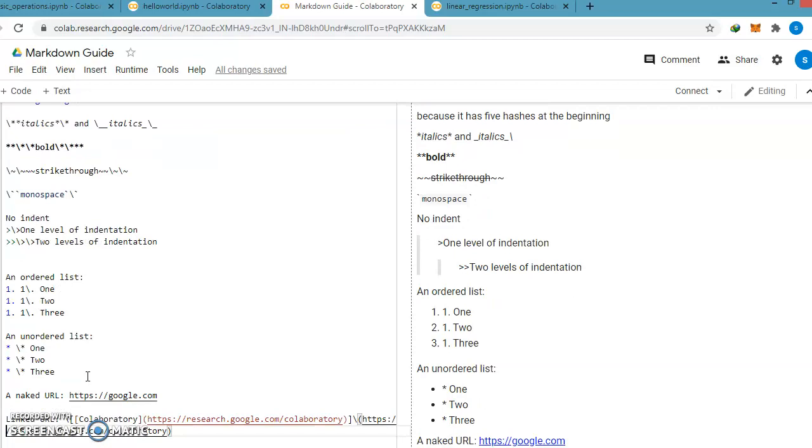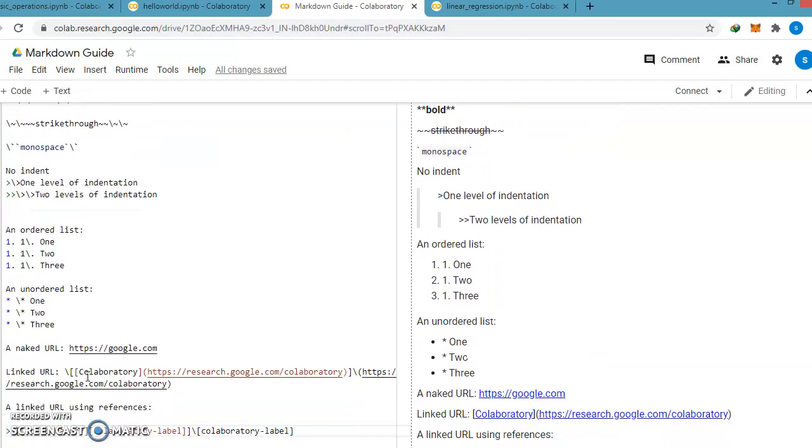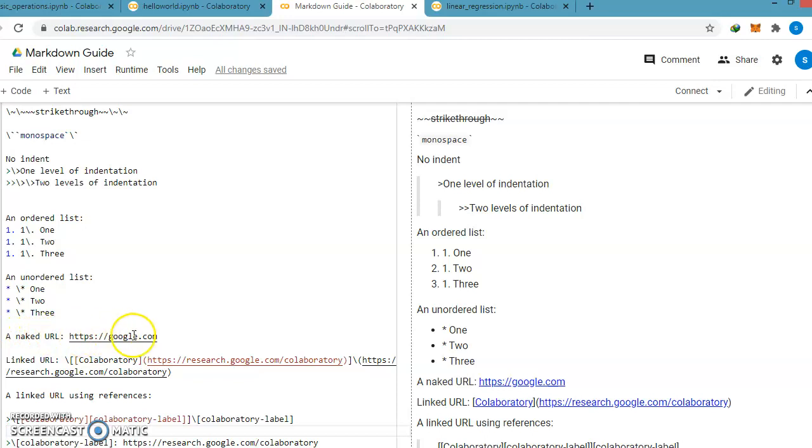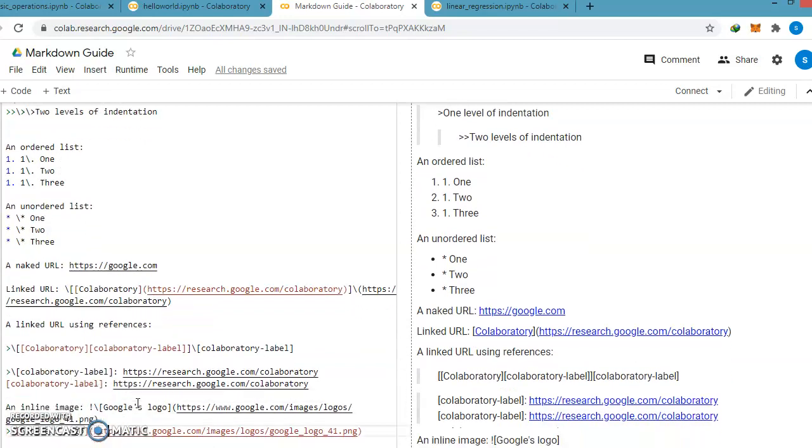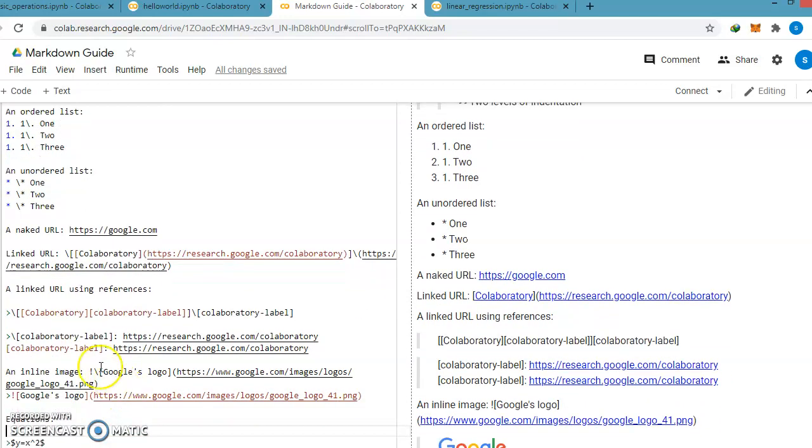Then after that, if we want to insert a link, we can insert a naked link, by directly writing your URL. And if you want a linked URL, then you can link it by specifying the specific value, like using labels you can specify a linked URL.